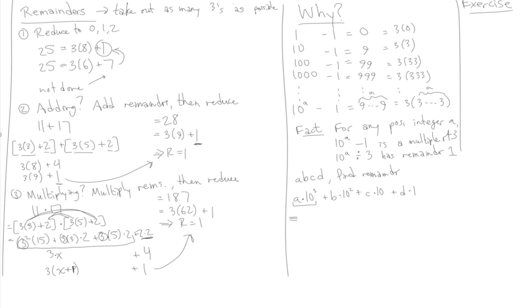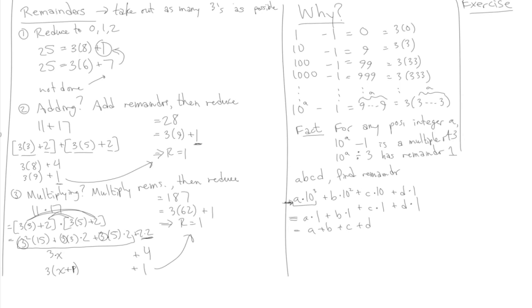So A times 10 to the power of 3, whatever A's remainder is still A's remainder. And this is being multiplied by the remainder of 10 to the power of 3, which we saw above is 1. And we're going to add that to B times 1 because the remainder of 100 when we divide by 3 is also 1, plus C times 1 plus D times 1. And of course, when you multiply a number by 1, nothing changes, so this is just A plus B plus C plus D. So that means that when we divide by 3, when we're looking at the remainder of our original number,